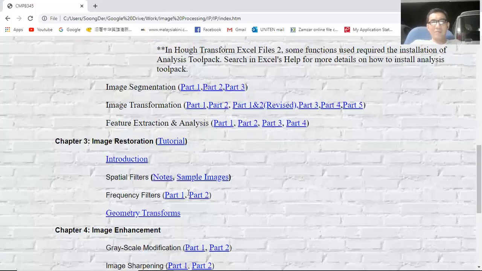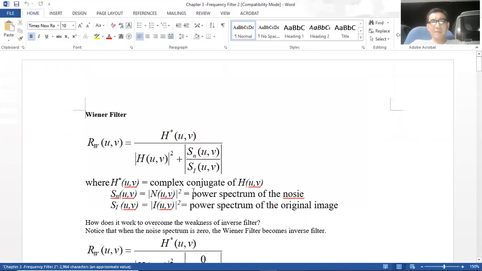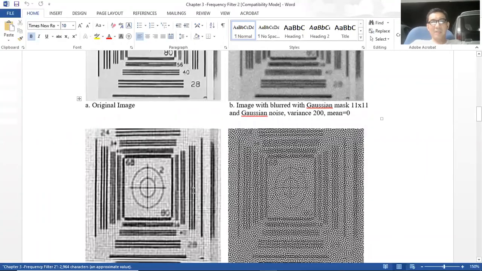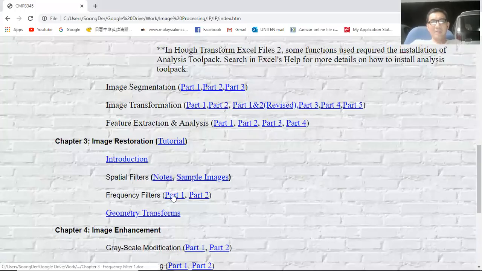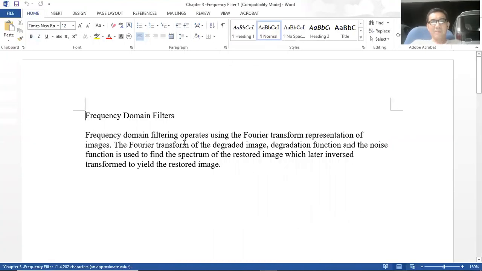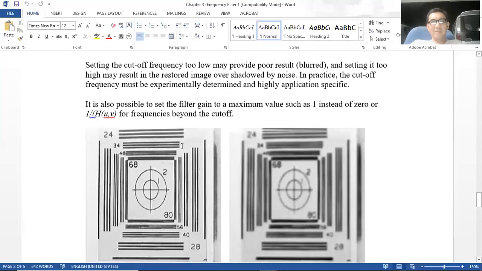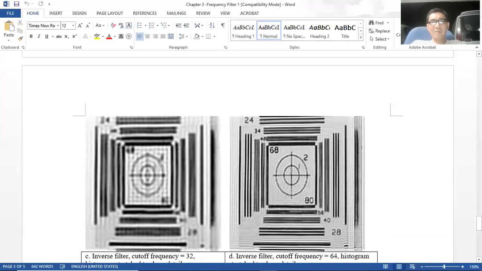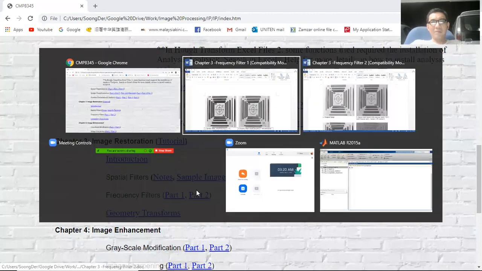And then we are also going to look at how we could restore image that has been blurred. Image that has been blurred. So how do we restore them into something like this? By using frequency filter. And we also will look at